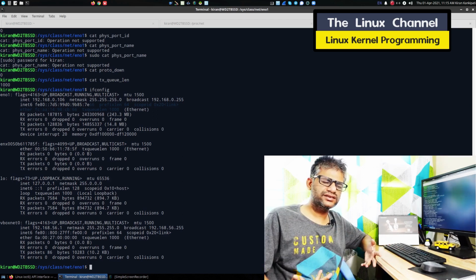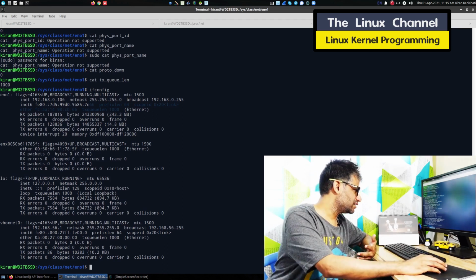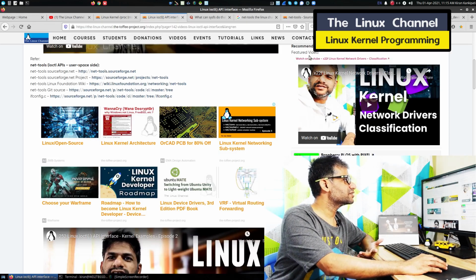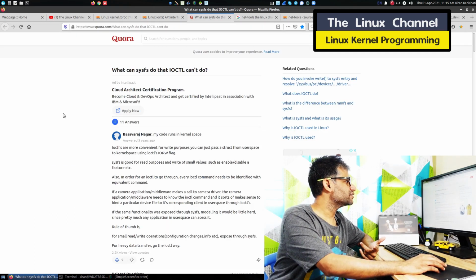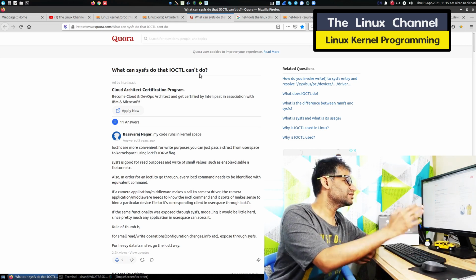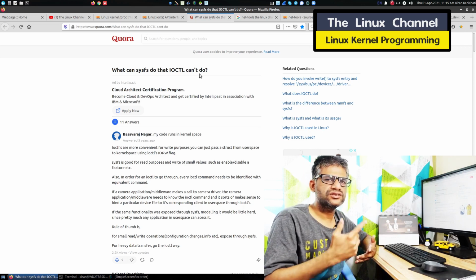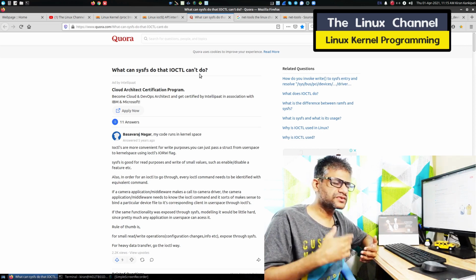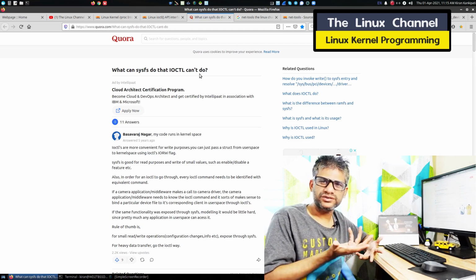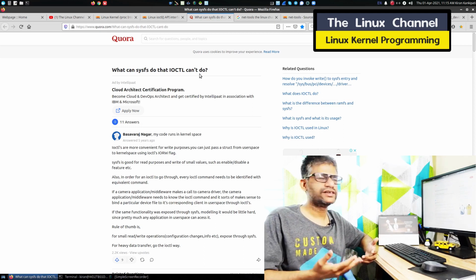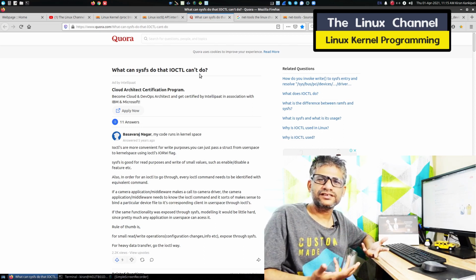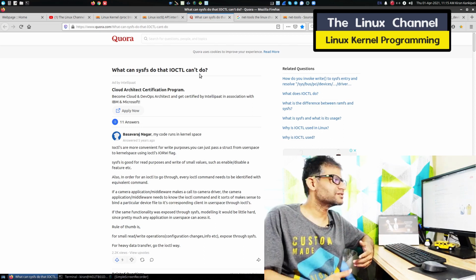There is a debate, and I am seeing people have their own opinions. For instance, I found on Quora someone asking what sysfs can do that IOCTL can't do. So this is a comparison between sysfs and IOCTL, or IO control. By the way, some people call it IOCTL, some call it IO control, because it is an IO control; since the API is IOCTL, some call it IOCTL.